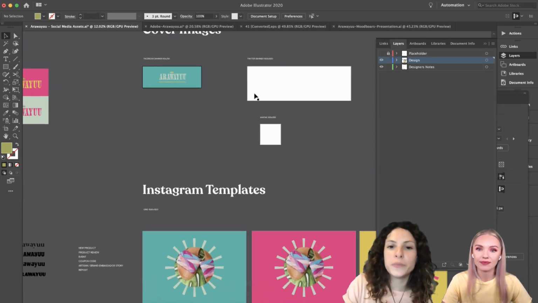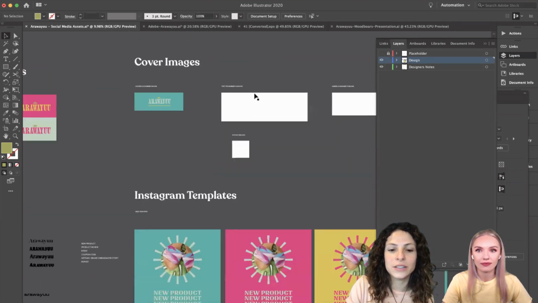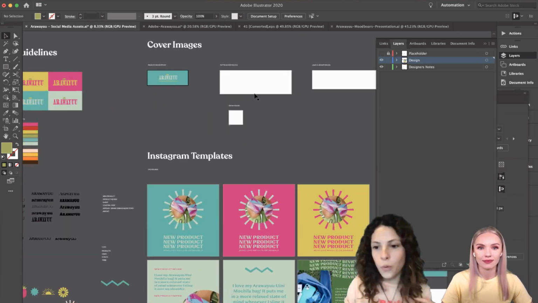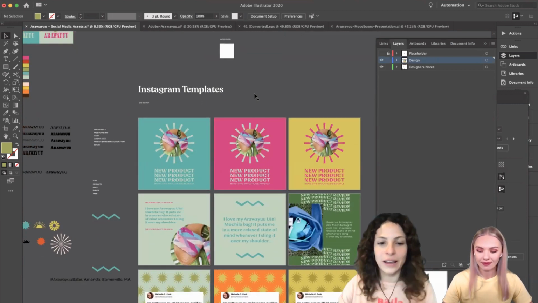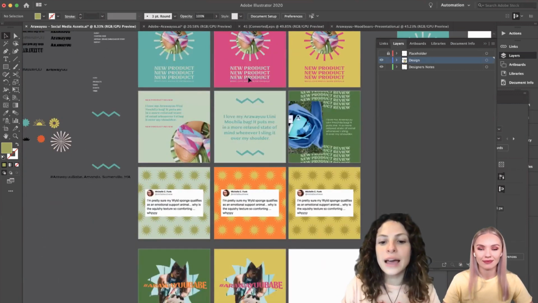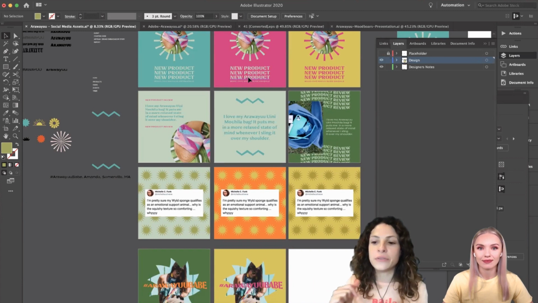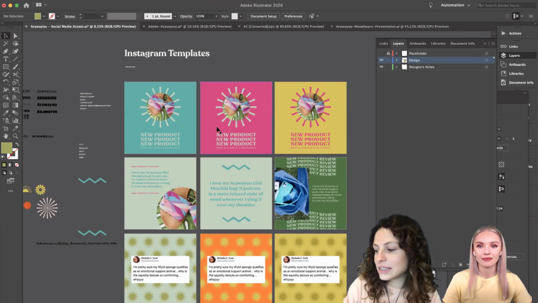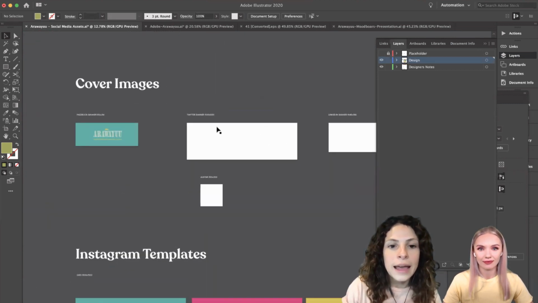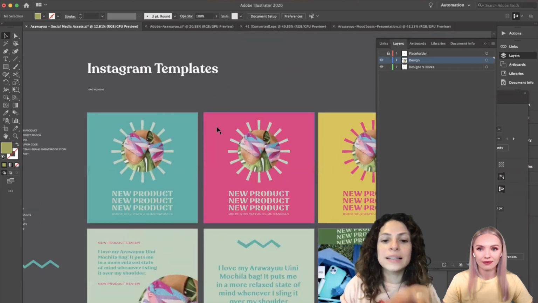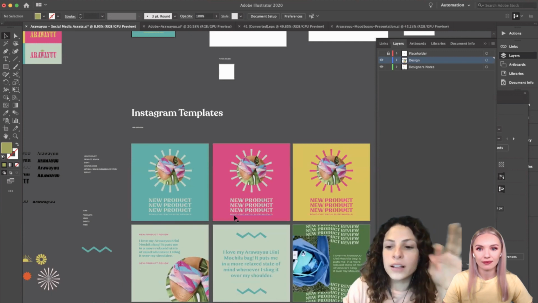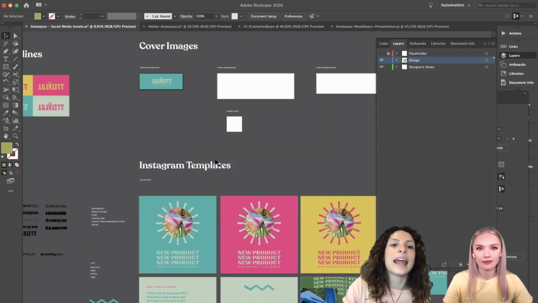Well, the next steps for me would be to refine all of these, because we worked on them quicker and everything's all over the place, but we at least have a starting point. What I would do is go in and refine these way more, and once I have all of these ready and the fonts and everything are established, then I would jump into the cover images.